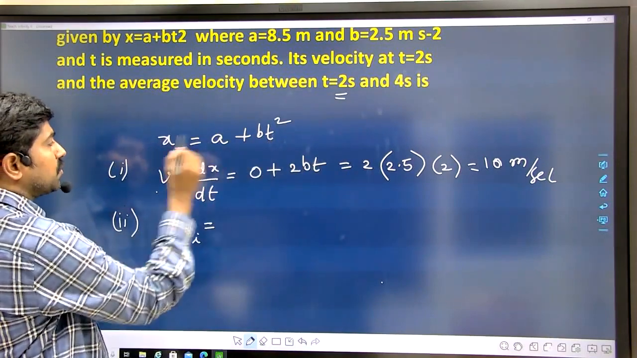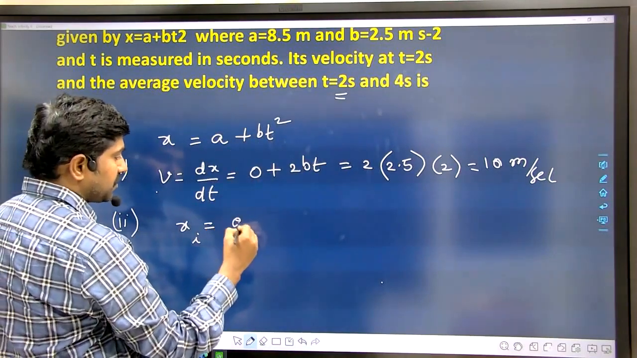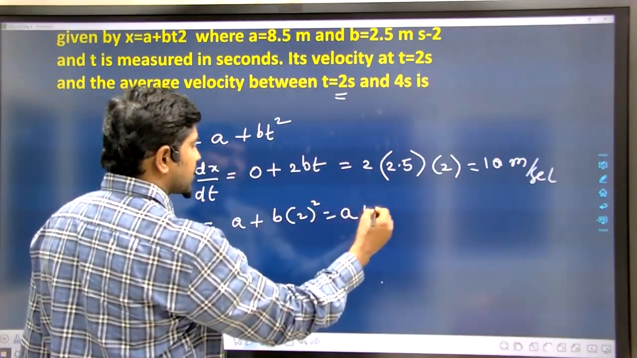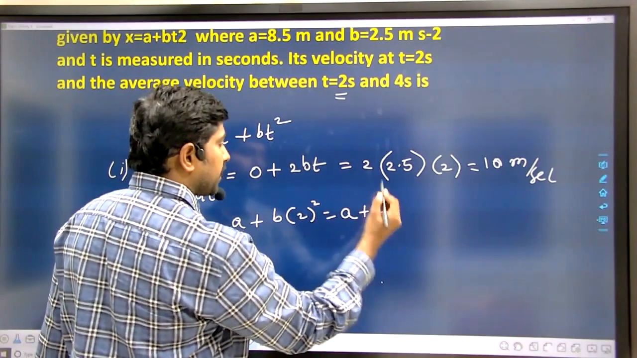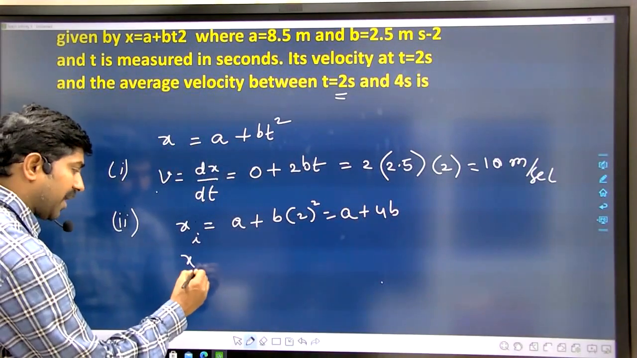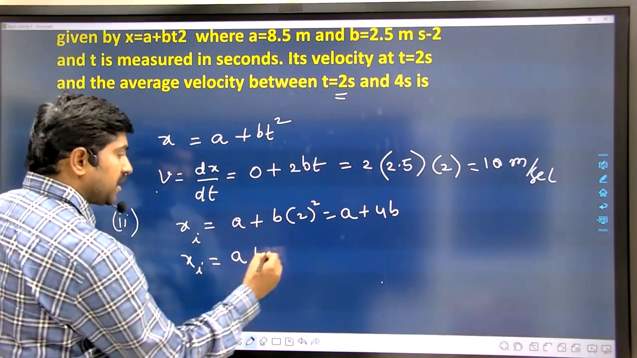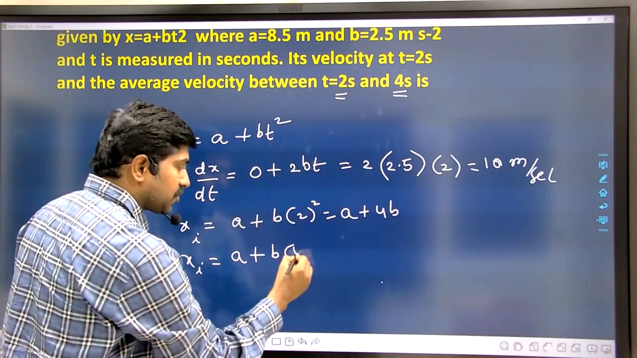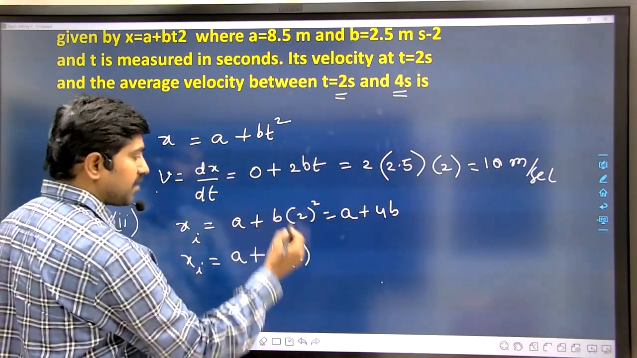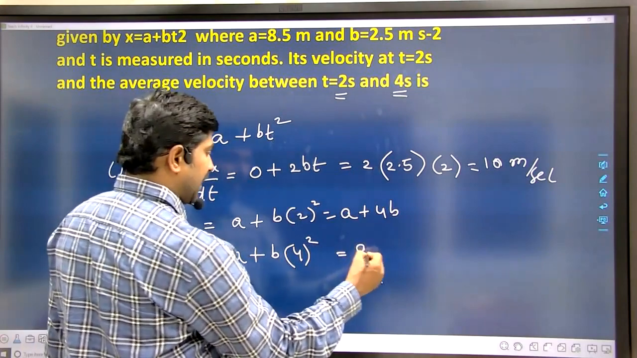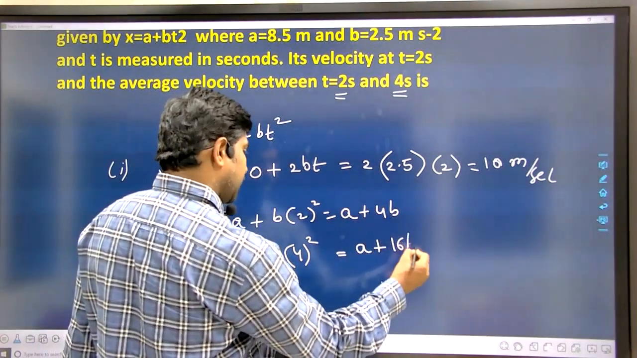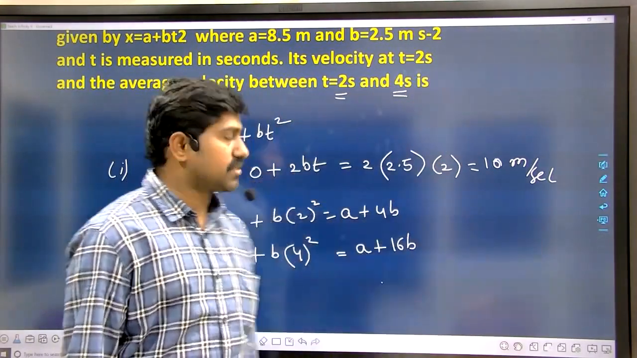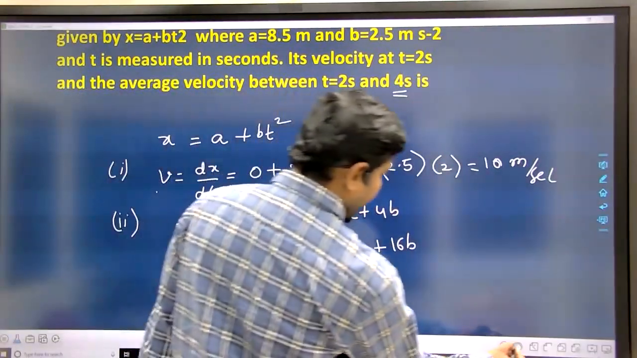At t equal to 2, you have to write x equal to a plus b into 2 square. How much it will be? a plus 2 square will be 4b. And what is the final position? Final position means it is given here at 4 seconds. So you can just substitute 4 for time only. So that will be a plus 16b. And what is the time gap between them? Change in time is 2 seconds only. So now we can write here that